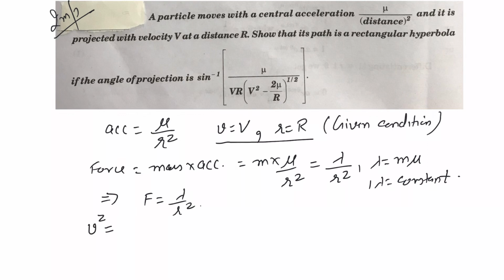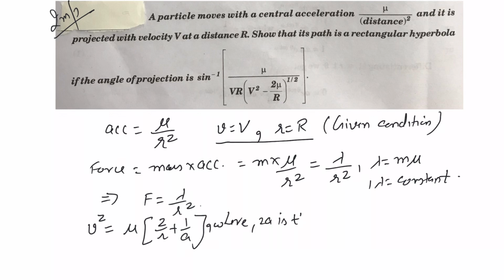In that case, in case of a hyperbolic orbit, velocity is given by v square equals mu times 2 by r plus 1 by a. Here in particular we have taken the constant as mu because it is given in the problem. There it was lambda, so here it is mu because it is given in the problem, and that is not going to make any difference. Where 2a